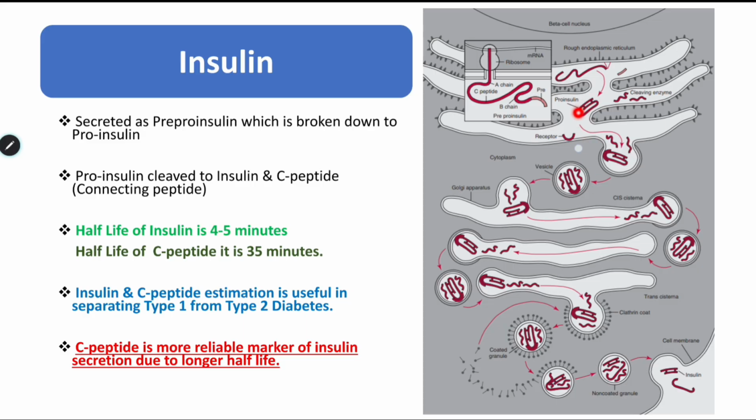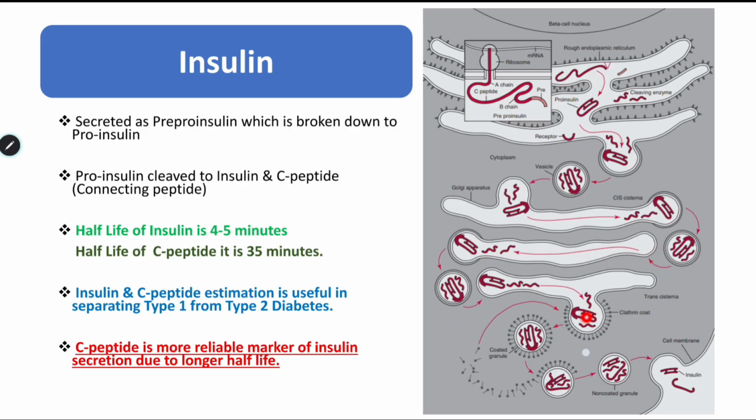Connecting peptide is actually essential for the insulin to fold into its final conformation. The A and B chains joined with disulfide bridges, that conformation of insulin is made possible by the connecting peptide. But connecting peptide does not have a role in the physiological action of insulin. So this proinsulin is transported to Golgi where it is processed, and when it is